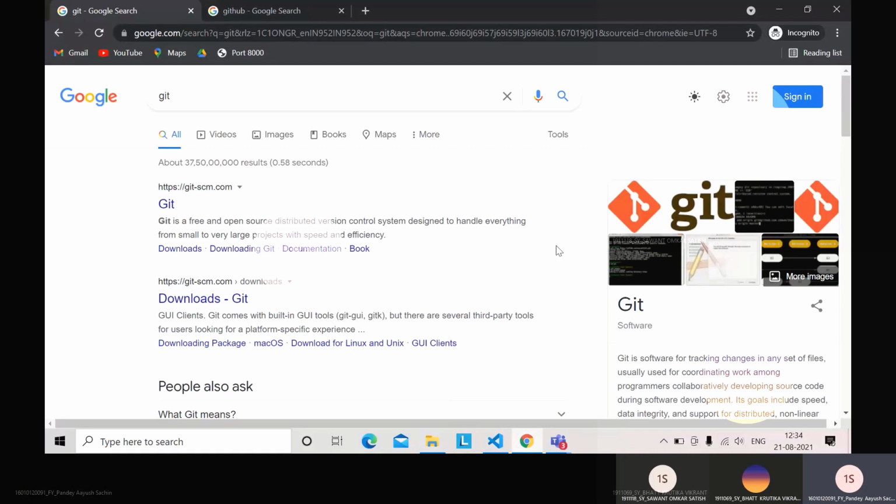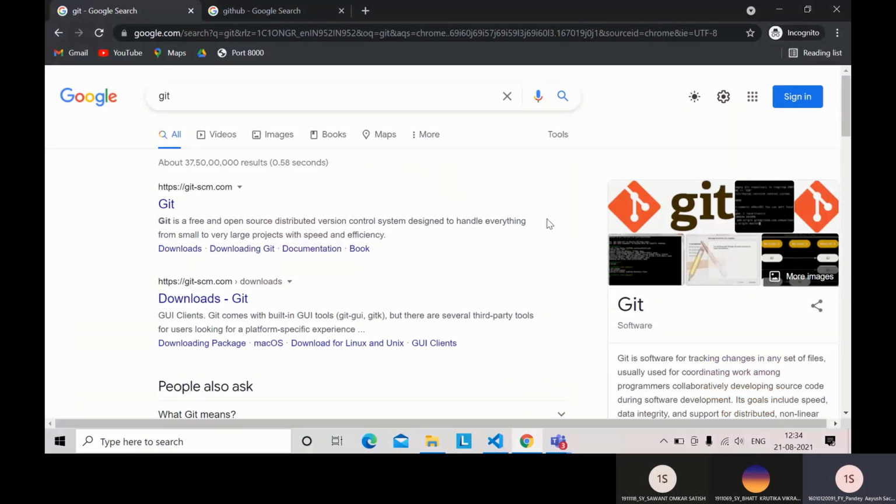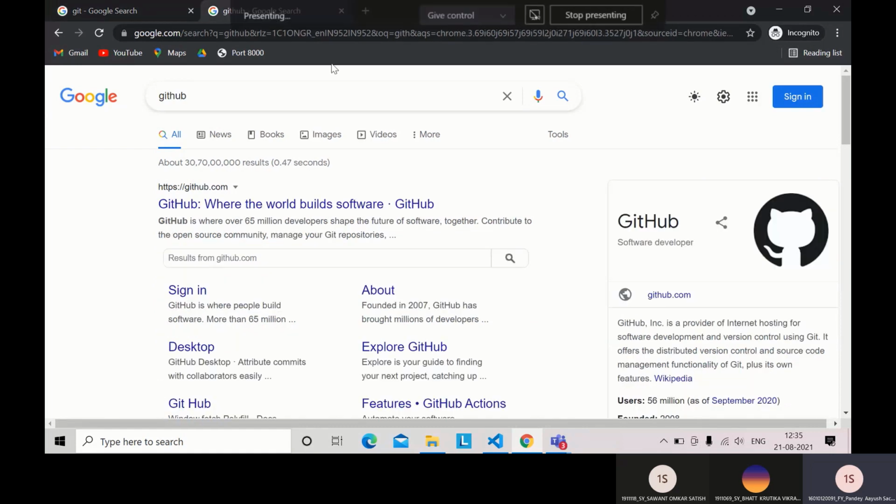Okay, hello everyone. My name is Ayush Pandey and let us begin to learn Git and GitHub. Before learning some Git commands, we should know what Git and GitHub are. Git is a version control system. In simple words, it tracks all your changes to a certain file or folder. GitHub is a cloud-based software which stores all your Git repositories. So the changes you make in that file and folder will be sent back to GitHub, and there you can see what changes were made by you.